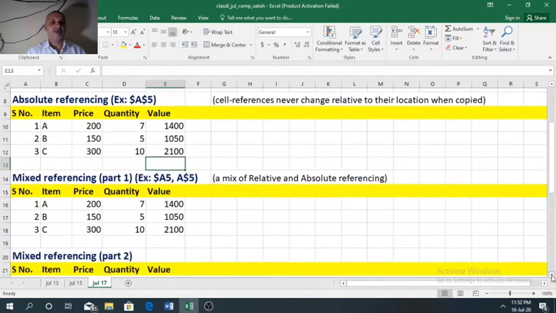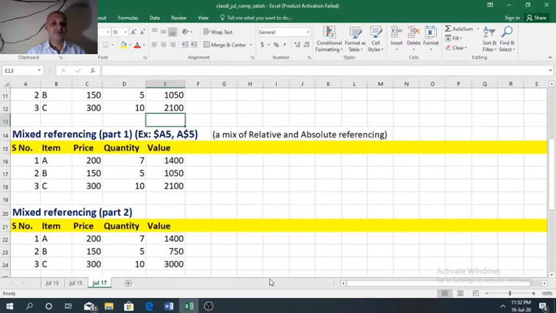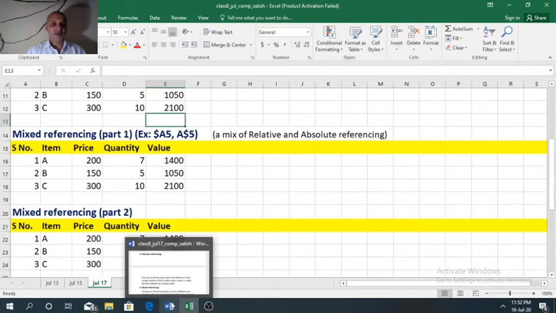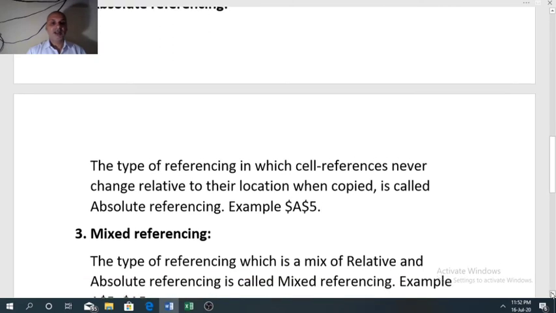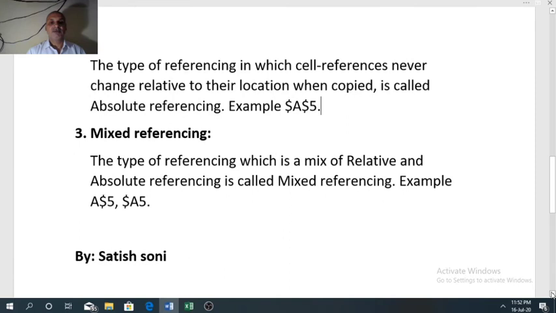Now we will see mixed referencing. The type of referencing which is a mix of relative and absolute referencing is called mixed referencing. For example, A$5 or $A5.